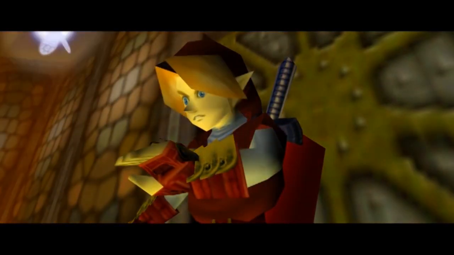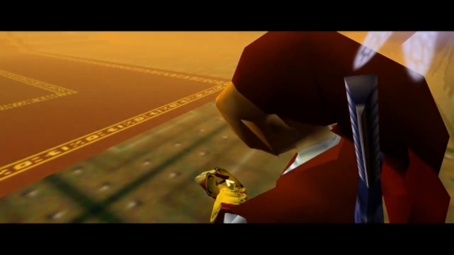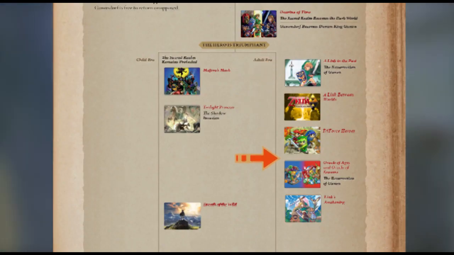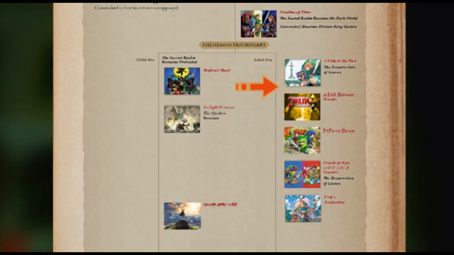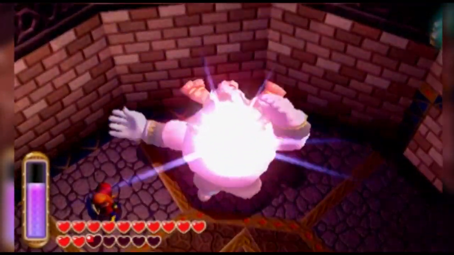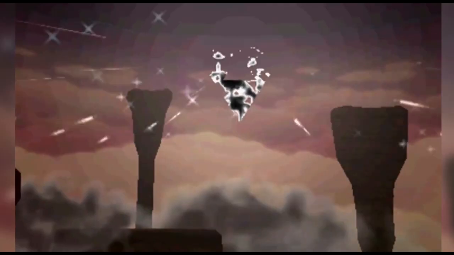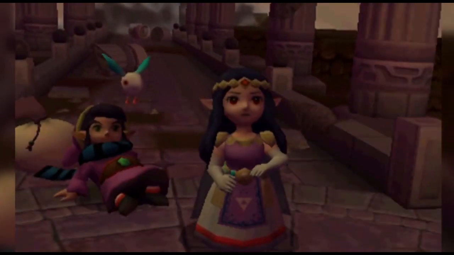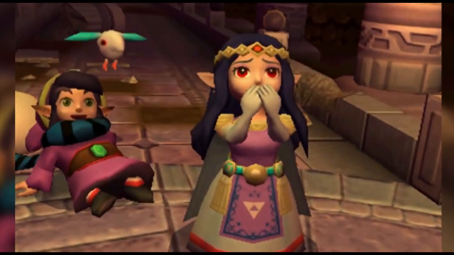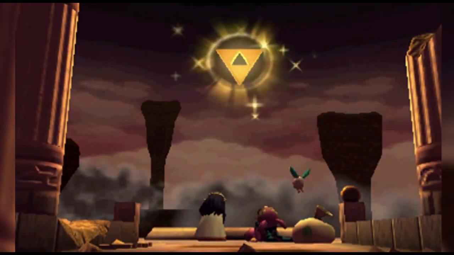Further, the Triforce of Courage was bound to the spirit of the hero and not locked away in the Great Palace. After this group of games, on the other hand, the royal family did have the full Triforce. At the end of A Link Between Worlds, Zelda takes possession of the complete Triforce and uses it to restore Lorule. We don't see the royal family lose possession of the Triforce during Triforce Heroes, the Oracles games, or Link's